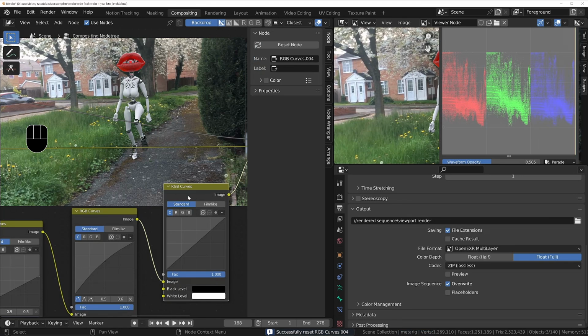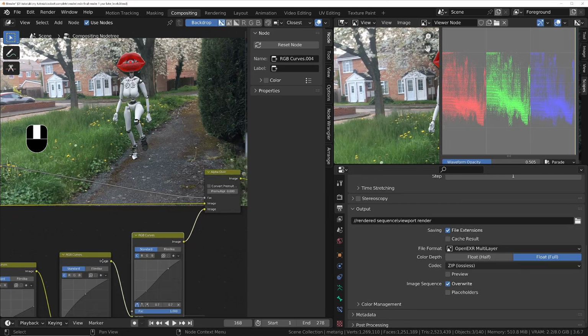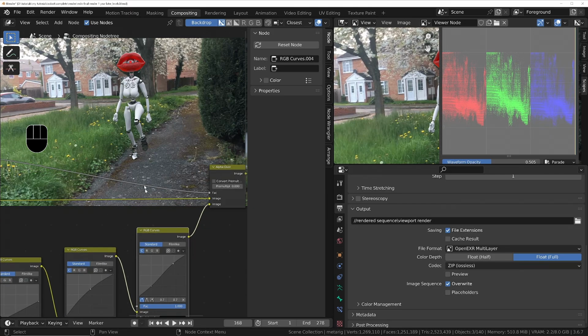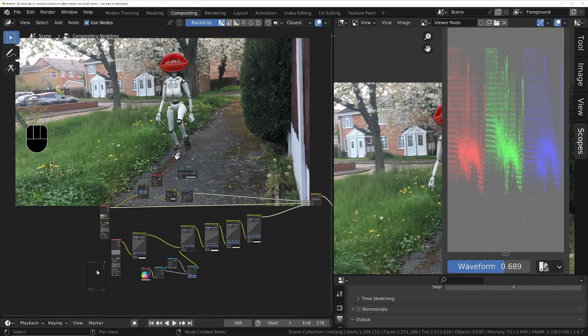And we can add a bit of contrast back in by just bringing this down a tad and bringing this one up a little bit. And you'll see we're bringing the contrast back in between the dark areas and the bright areas. So maybe something like that. And now we should have a really nice colour match on there, and we've got the contrast and the levels right. So just before we start working on the black levels, let's just organise this tree a little bit so